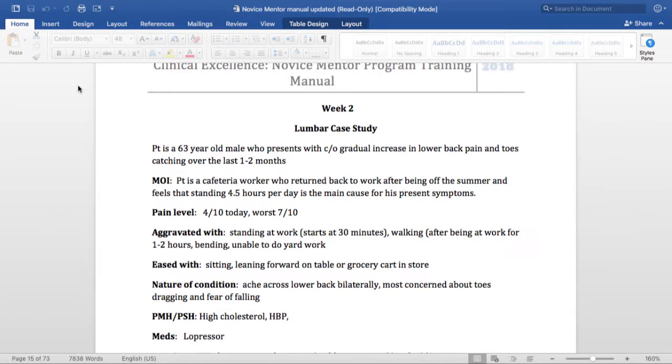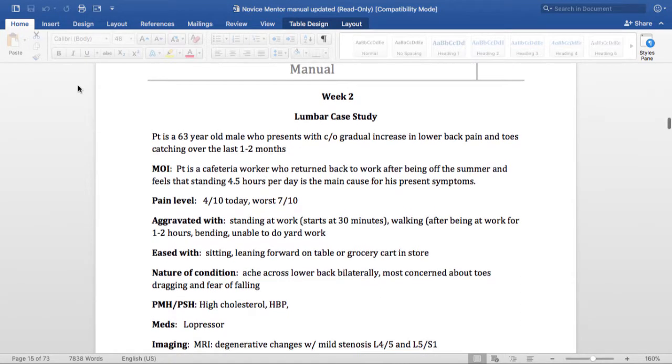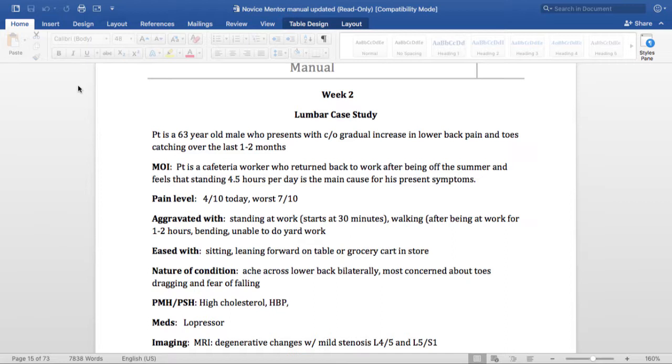Okay, now we're into week two. Before you start week two, review anything from last week that they haven't had some trouble with, any questions that they had. Now, week two, we go over a lumbar case. In that case, we'll kind of go through components of it and what the expectations are